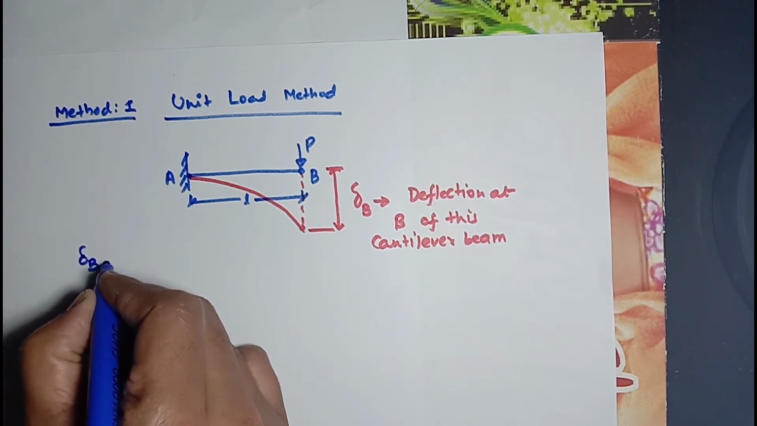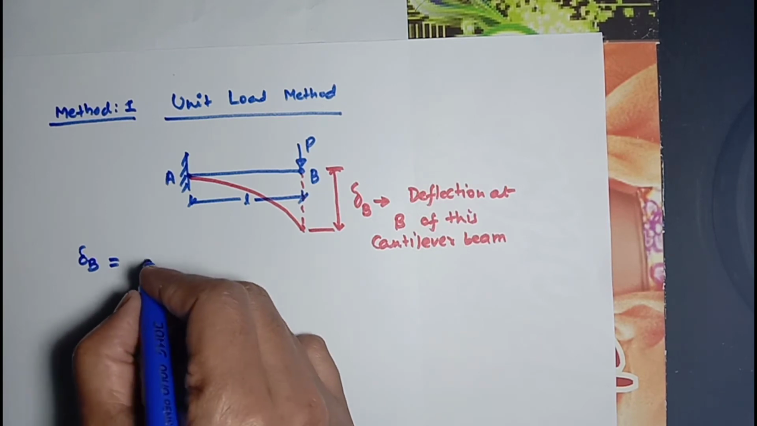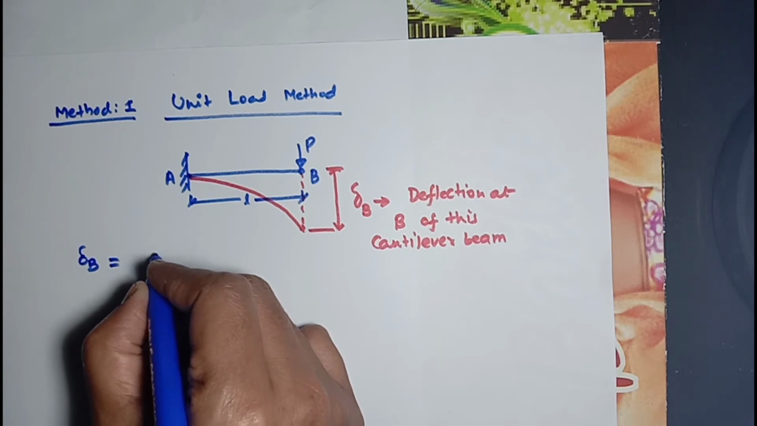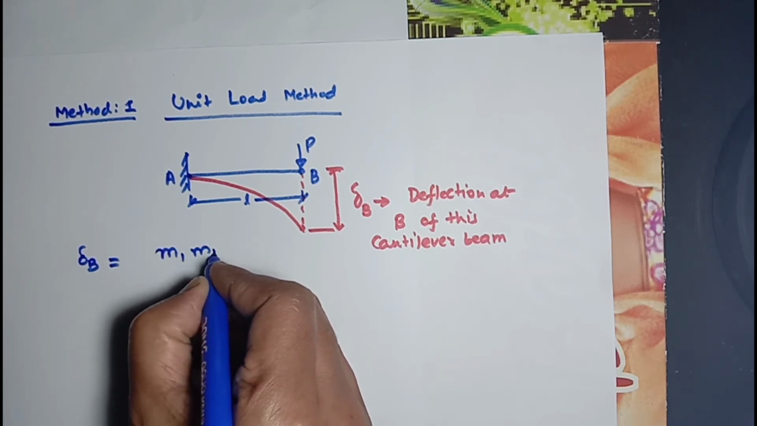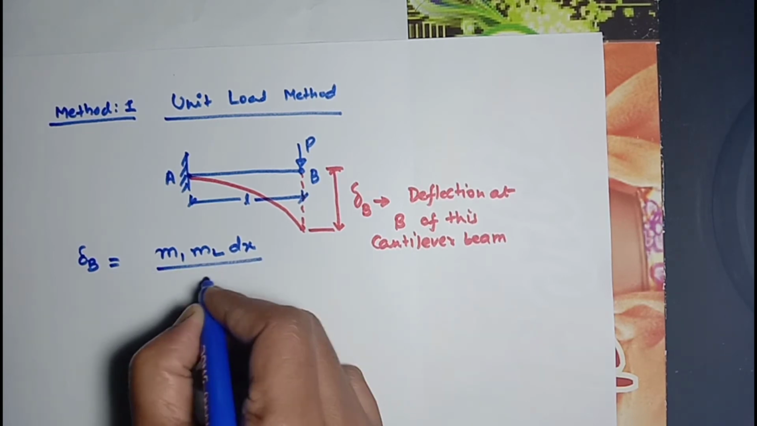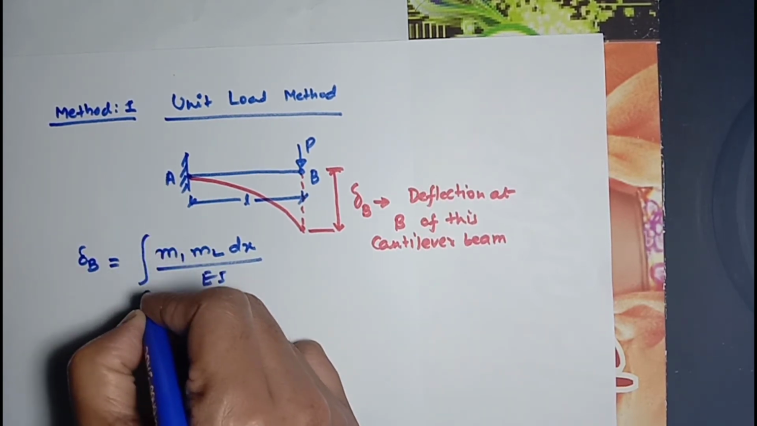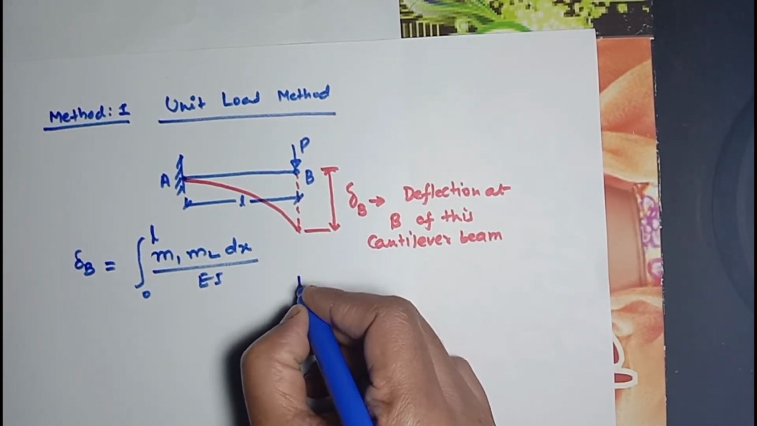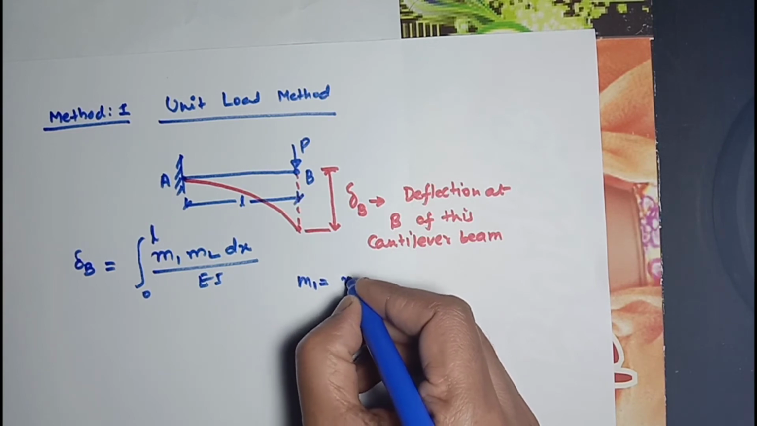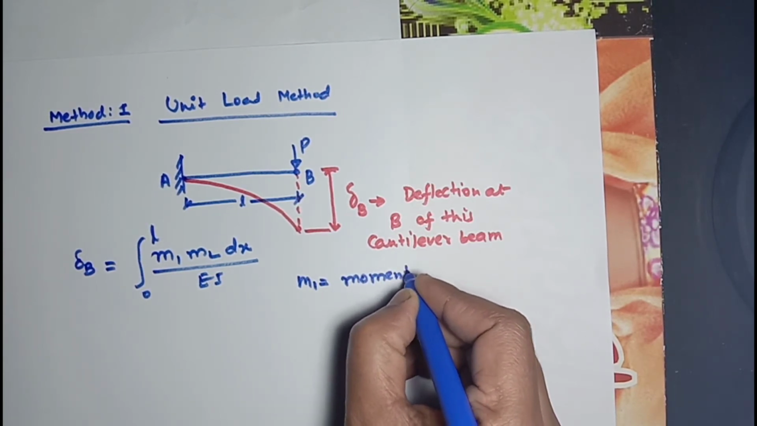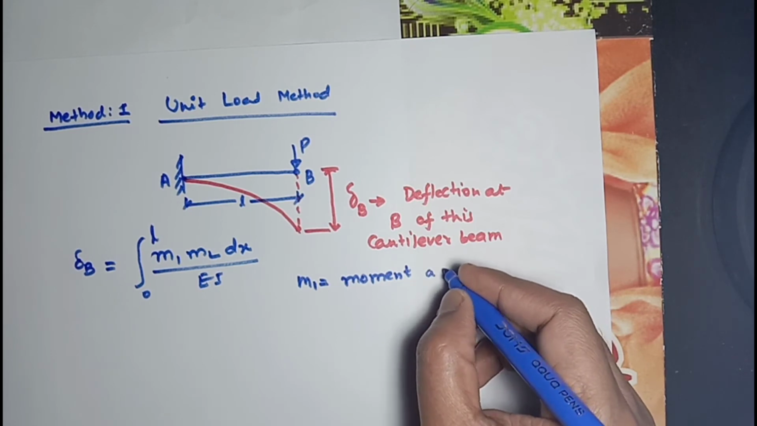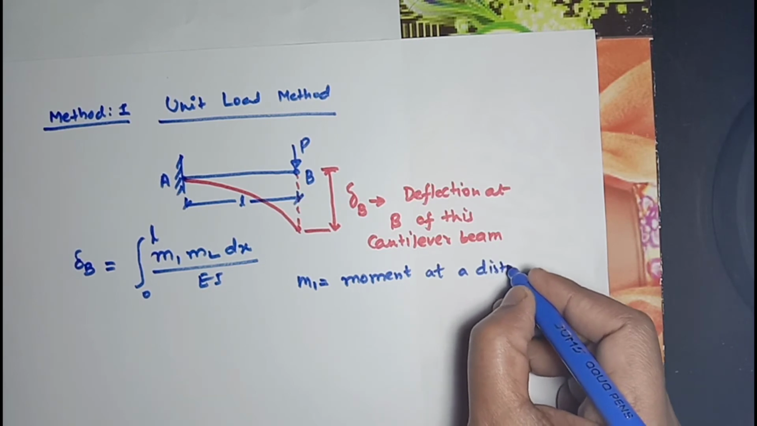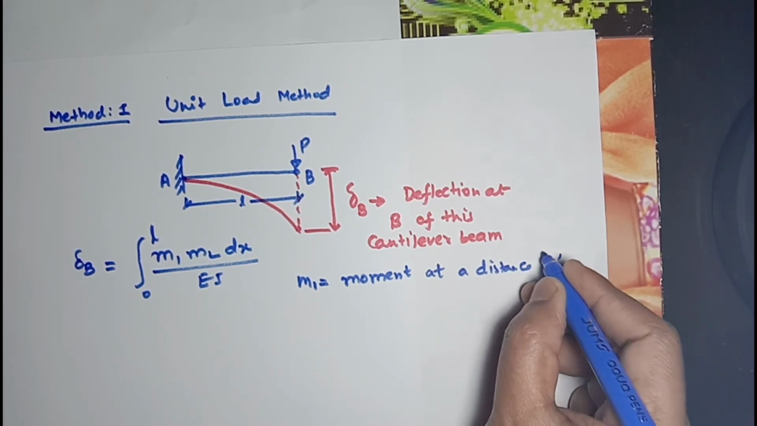Delta B is calculated with an expression from the unit load method, which is written something like this: integral 0 to L of m1 m2 dx divided by EI. We need to understand what is m1, what is m2. m1 is moment at a distance, sorry, at a distance x